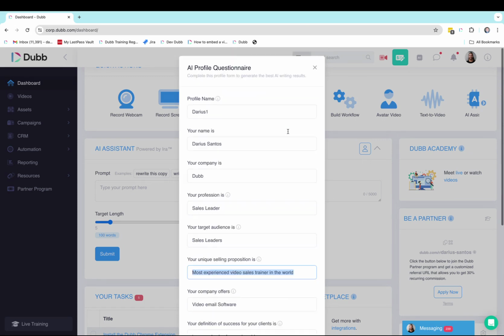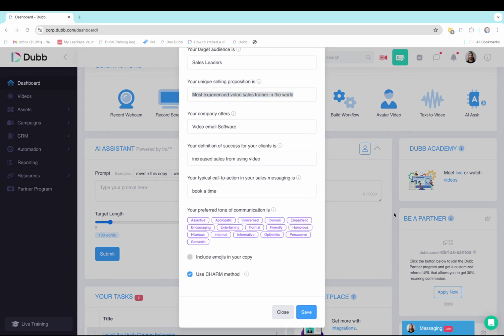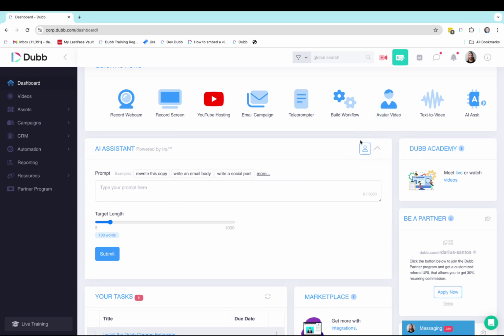Now, once you've created a profile, you can close or save this menu. And then once the menu is closed, you will have the option to select from this profile or even create another profile. Once the profile is selected, anything you type into the prompt, it's already going to have all this information available. So this is superior to things like ChatGPT or other AI tools because it already understands who you